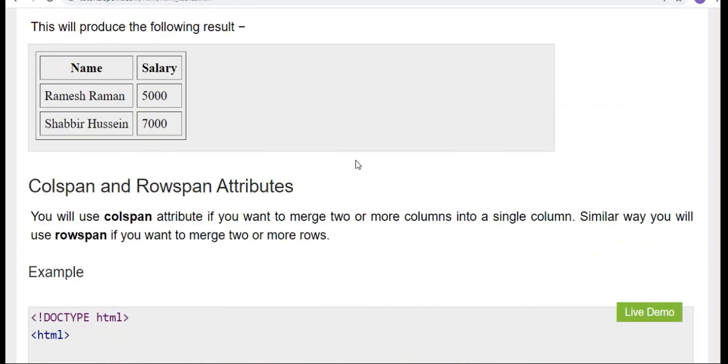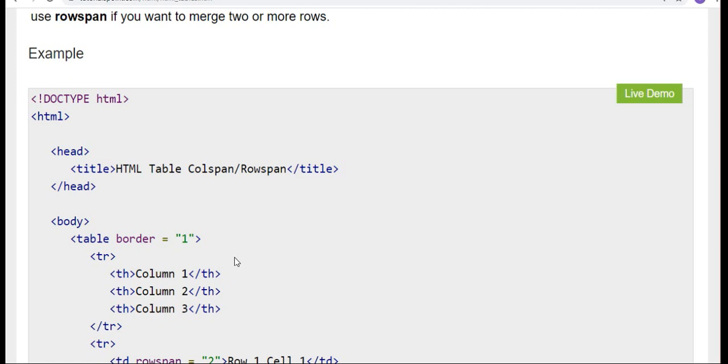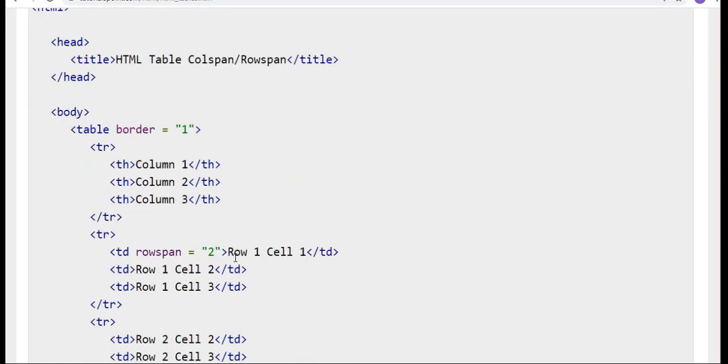Now column span and row span, these are the attributes. If you want to split the column into multiple columns, or if you want to split the row into multiple rows, then we'll have column span or row span. So how many columns you want and how many rows you want. Total we will have 3 columns, and the second row has to be split into 2 rows.